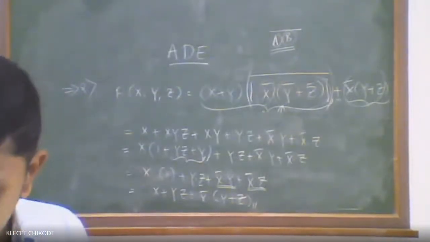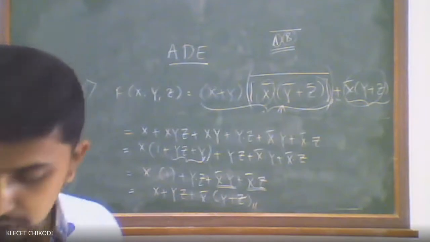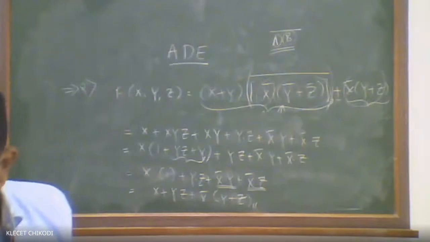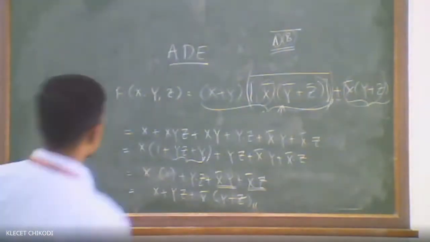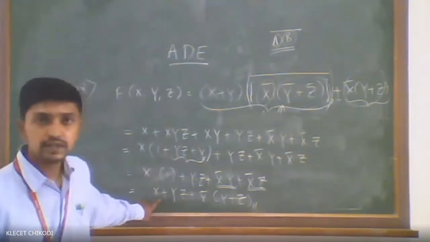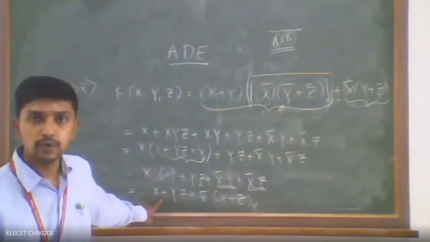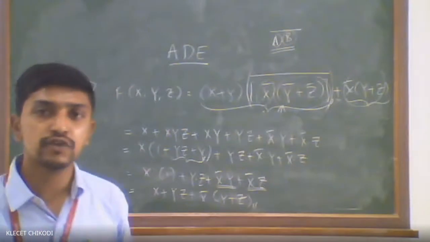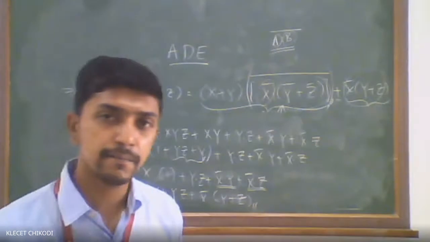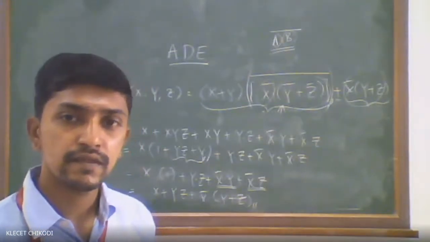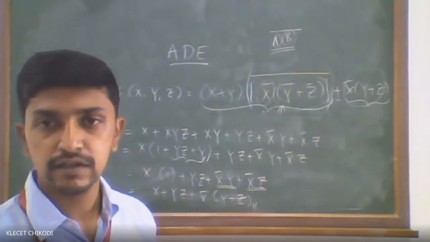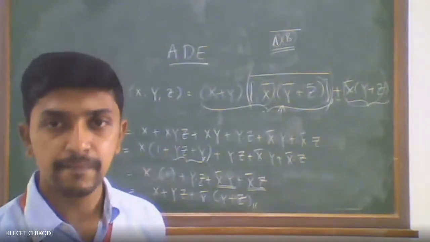So what I have told, to simplify the following equation, that is Boolean equation. So this will be the minimized Boolean equation. Now we got the technique of how to solve the Boolean expression, that is how to simplify the Boolean expression. Fine. Any doubts in that? Anybody? If you have doubt, then put a comment there.